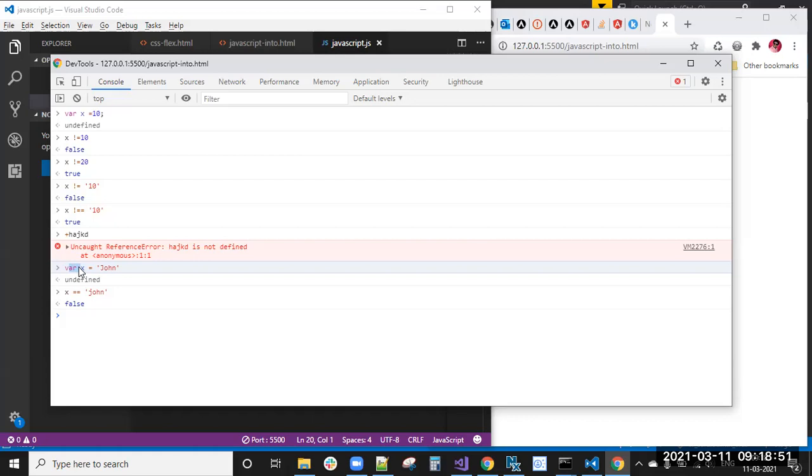Outside a function is global scope. So you need to know about functions before that. After completing the functions class, I will tell you about the let and const keywords. Not only var, by using let and const also we can declare variables, but those variable declarations I will tell you after completing the functions class.